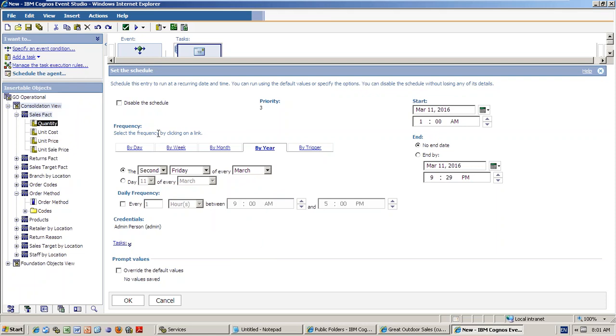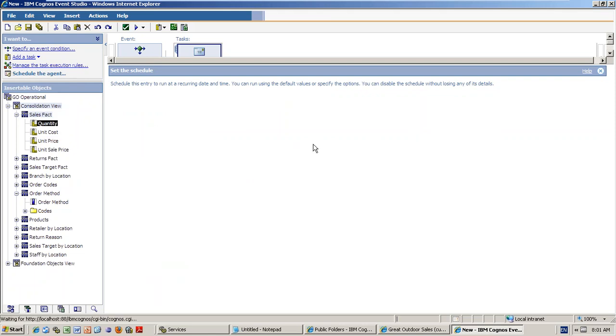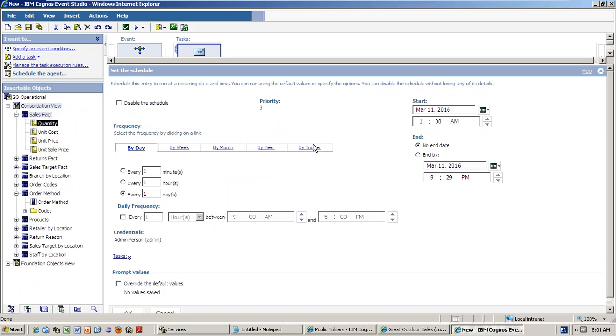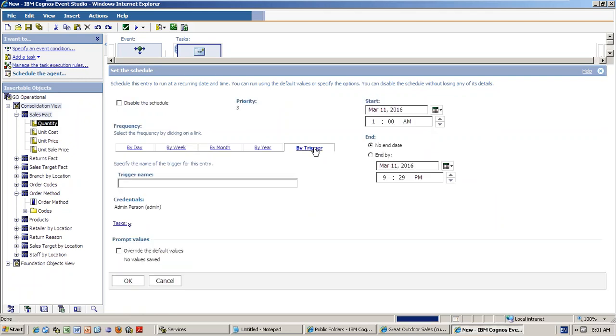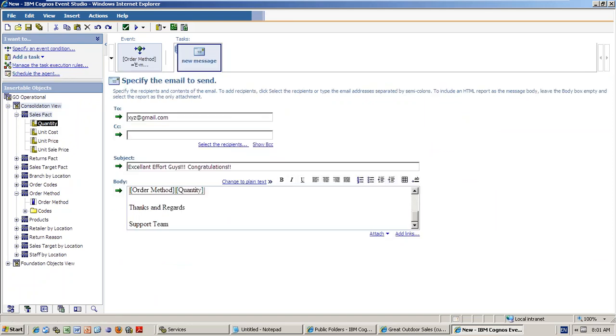But I am doing every day itself. By trigger means I will show you how to do that. In one case, it's an outside trigger. By trigger means you need to give the trigger name. Here you give the trigger name, and then click OK. So whenever the trigger is executed, it will automatically come. Just the trigger name. The trigger name will be done by maybe the database people or those people. So that is how you schedule the agent.